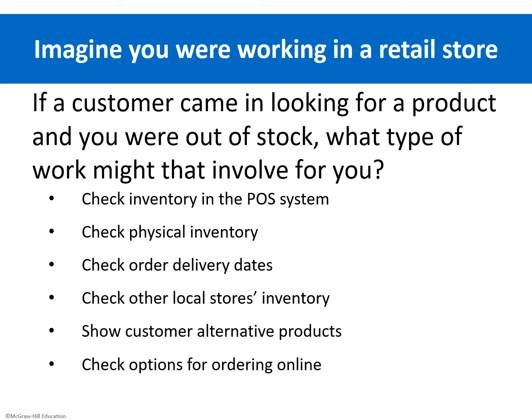All right, you also might look at some options for ordering online. Maybe your company has a website that the customer can order the product through. And then finally, you might just recommend some competitors. So if you can't meet the customer's needs with what you have in your store, you might talk to them about some other local stores that could meet their needs and try to help them out that way. Okay, but whichever pathways we go down here, we can tell that when we're out of stock on this product in the store, it's actually going to create a lot more work for us to try to meet a customer's needs than if we just had the product in stock.